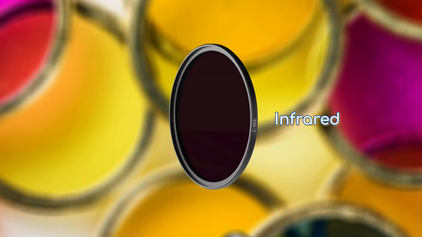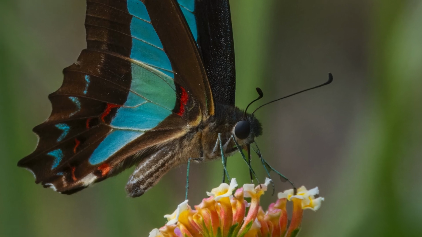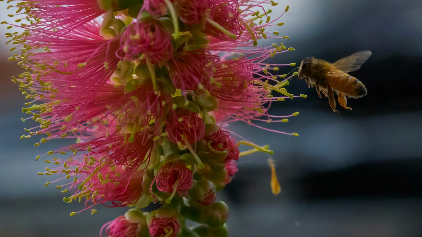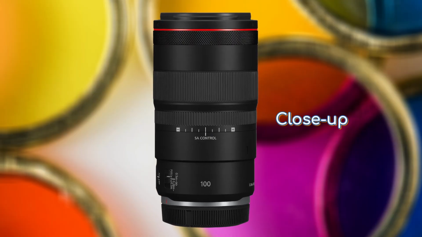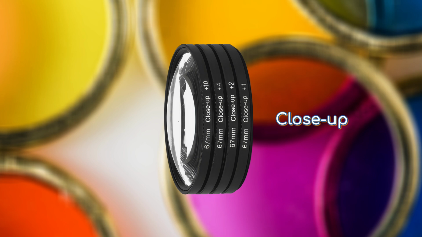to the human eye. Close-up filter. A close-up filter acts like a magnifying glass attached to the front of a lens. It allows the camera to focus much closer than it normally could, making small subjects fill more of the frame. These filters are often used for simple macro photography, such as capturing details of flowers, insects, or textures. While dedicated macro lenses provide higher optical quality, close-up filters offer an inexpensive and portable way to experiment with close